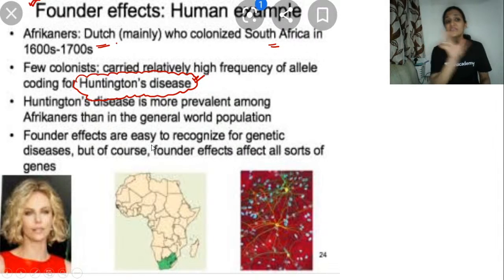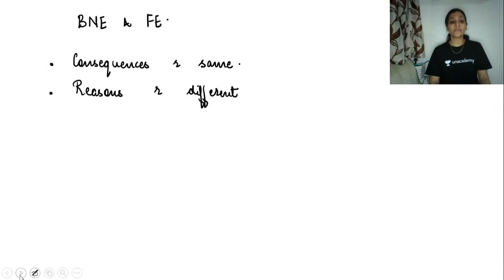We have seen some of the major examples related to humans in the founder effect, and when we see the bottleneck effect, mostly we have seen examples from animals. So do not forget to remember these examples, because if these examples are quoted in the exam, you won't have to think much about it, and also remember the reason. Lastly, to conclude the lecture of today,